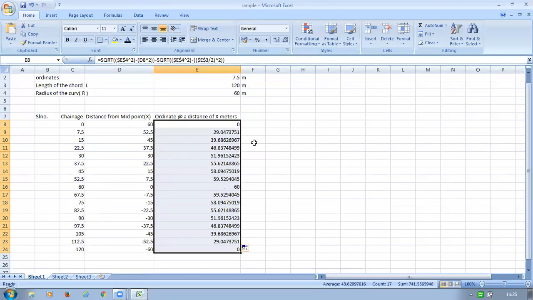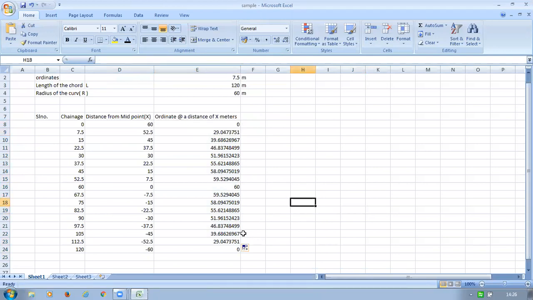Now you can see these are the values we got. These are the offsets we required. If you go on doing this manually, it will take a lot of time with the calculator and all. This is the easiest method to do this. So this first one is 0. These are the values of offset. You can see this formula.